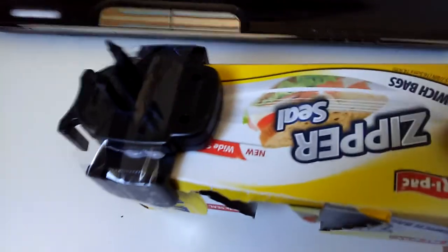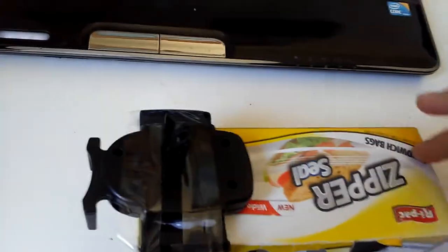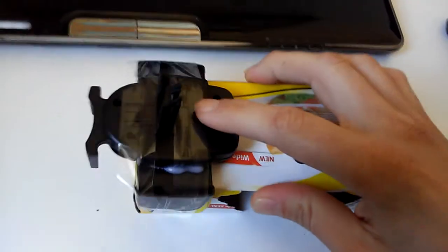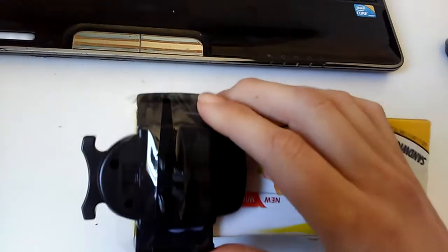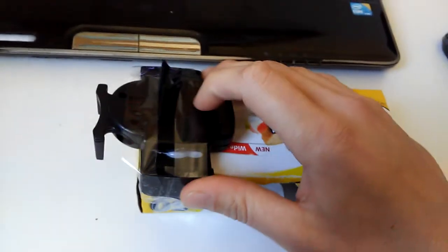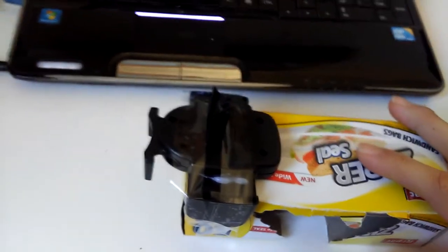In all seriousness, I'm actually trying to fix my second phone holder. This one, I can't remember what happened to it. It broke spontaneously, and maybe it was too small for my phone, and I had to break it so it would fit a larger phone. But at any rate,